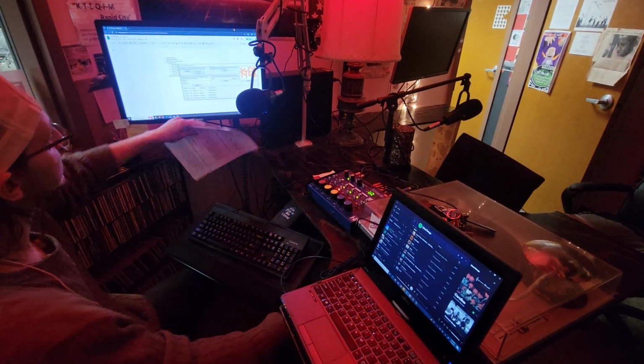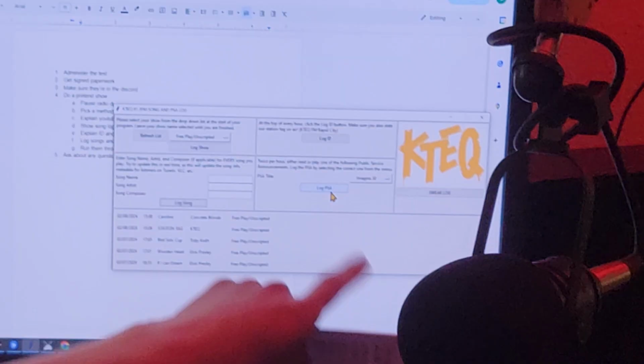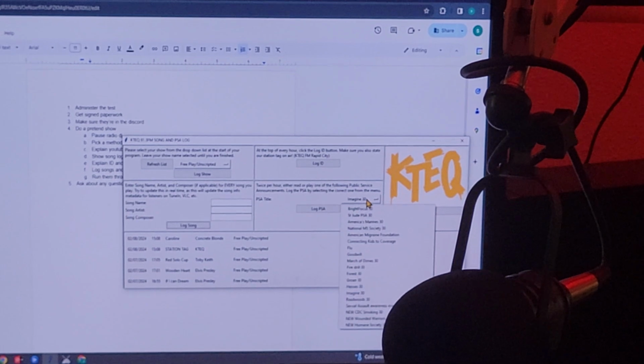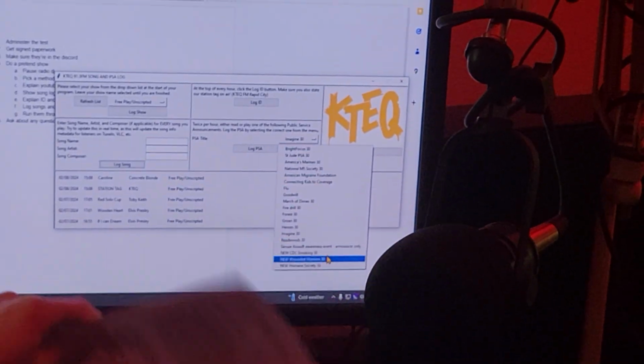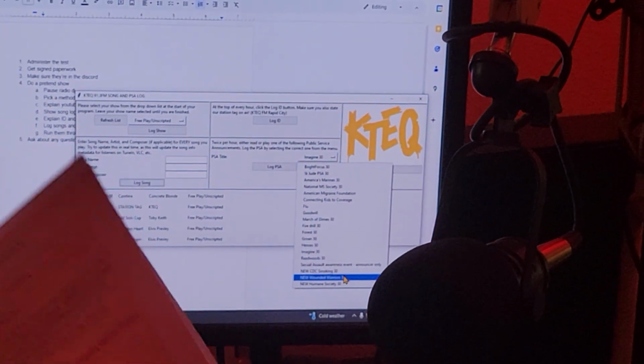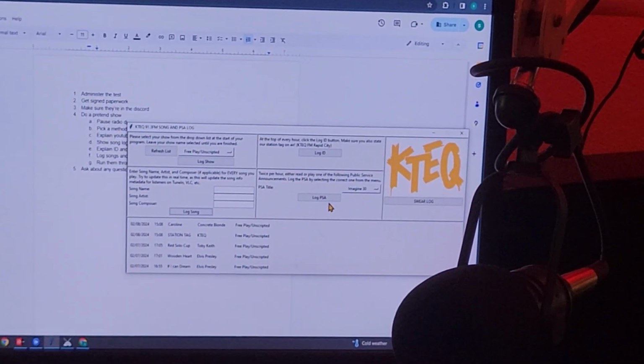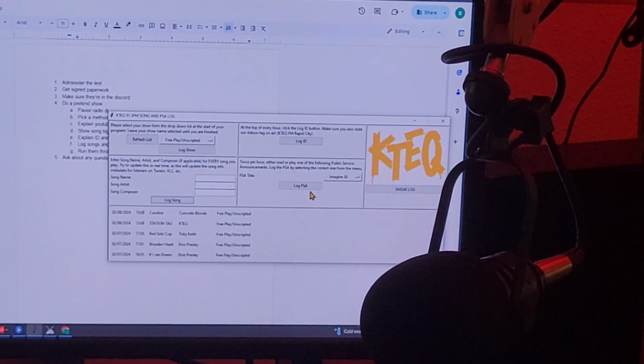And we'll put these in here under this PSA dropdown, and then you'll log that as well. So all you have to do is click that button. You don't really have to say what it is. You'll do the drop down, and then you'll find they're not in there yet, so you can pick a random one. And then log which one you did.